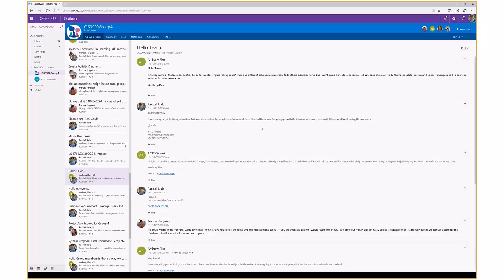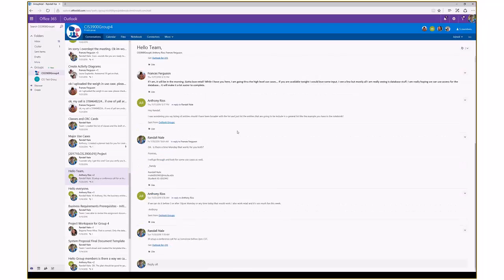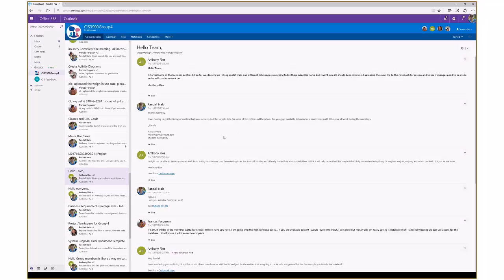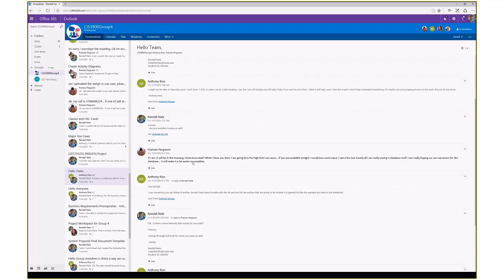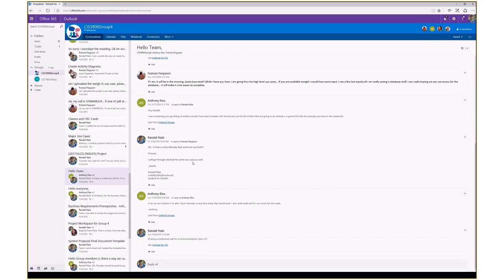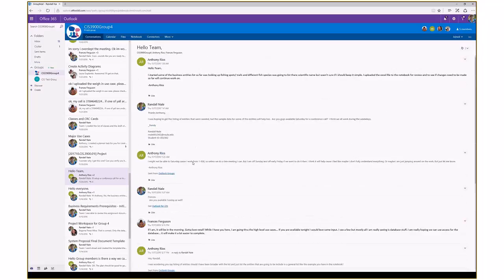So as I look through this and go through the entire thread, you can see that Anthony actually used the Outlook Groups interface to send this. I used my iPhone to reply. And somewhere in here, I think somebody had an Android phone on our team. So basically, we're just using this conversation via standard email tools, and through the power of the group, the conversation